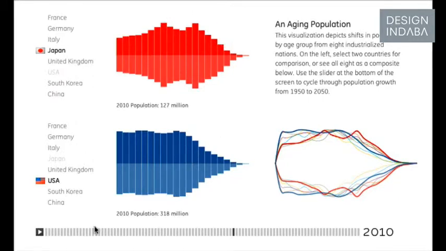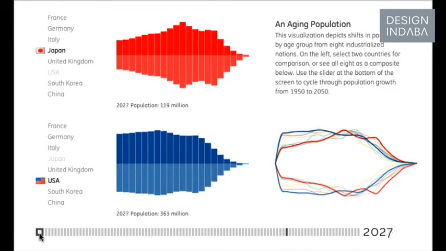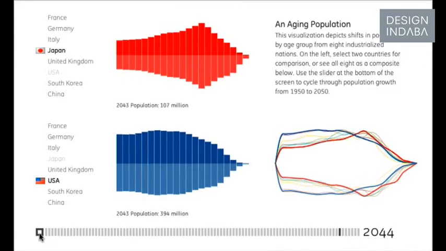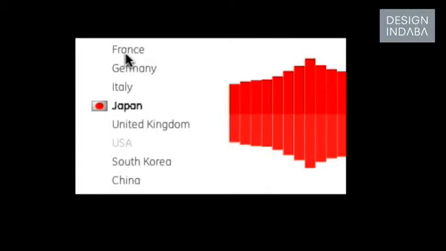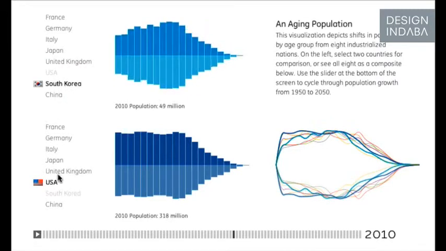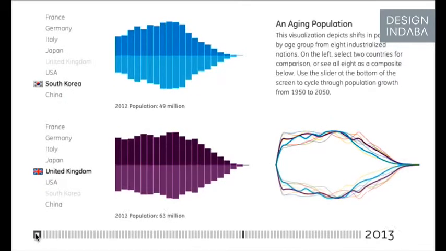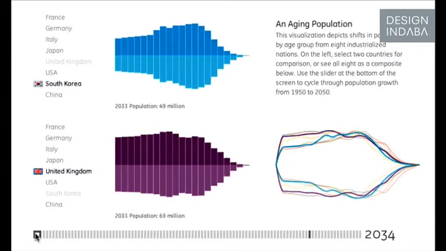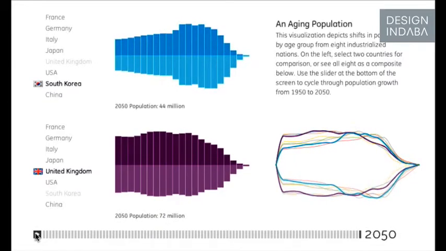So this is 2010. Japan has this cohort of people that are age 60 to 64. And what happens when they start all aging? We can look at other countries here, and then along with that, actually go through and just play all that back. So this is population going from 1950 to 2050,